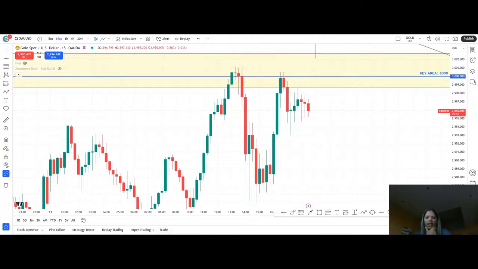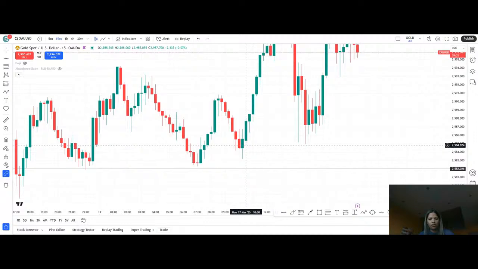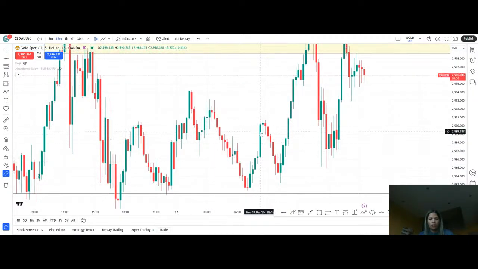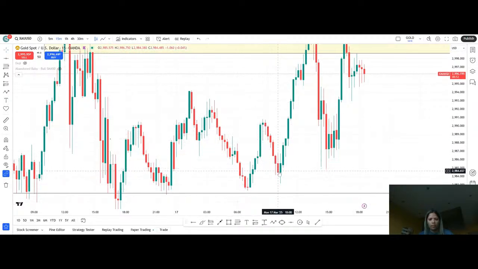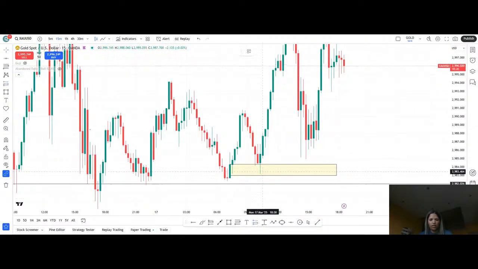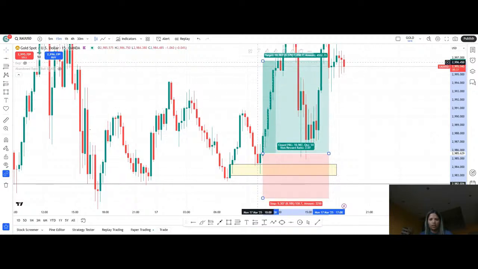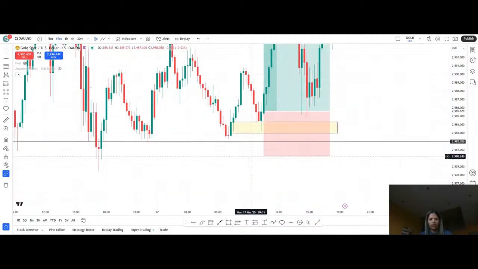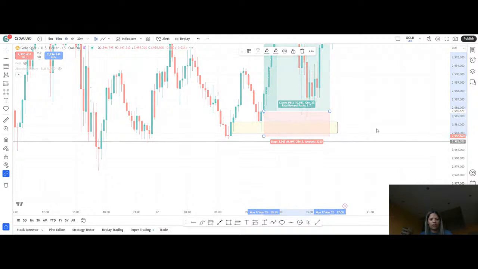Even this morning, I didn't take a trade in the London session. We saw this. Let me just bring this down. This was probably a demand zone that price tapped into. And yes, would this have been a nice trade just to get in and take it all the way up? Yes, definitely. However, I did not take the trade because